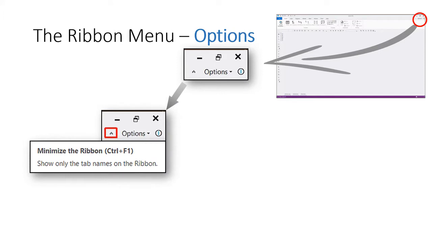The upwards facing caret is used to minimize or hide the ribbon menu, which gives modelers a little more room for their model workspace. The menu bar, sometimes referred to as name tabs, is always visible, and when the modeler clicks on a menu item, the ribbon menu for that item temporarily appears, allowing selection of a submenu item. After selecting a submenu item, or just clicking on the visible diagram, the ribbon menu will automatically disappear. You can think of this as a ribbon menu auto-hide feature. In this mode, the upwards facing caret will appear as a downwards facing caret, and if selected will unhide or display the ribbon menu.